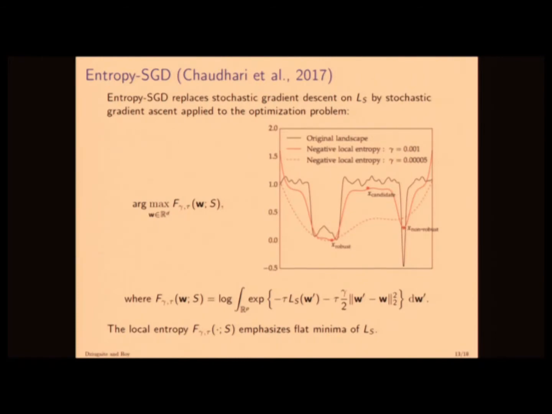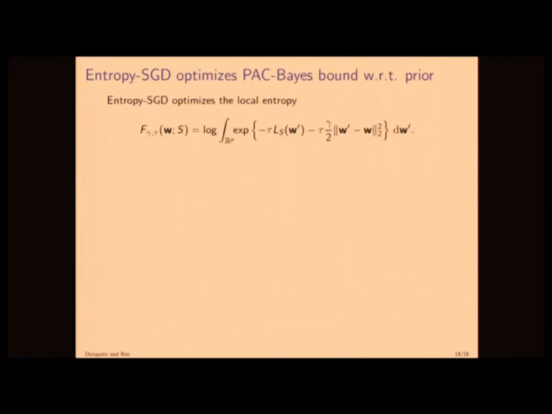So in actuality, if you run this algorithm, it will overfit random labels even faster than SGD, which is a little scary. But we sort of understand why it was overfitting so badly now. So I'll walk you through this. Studying this algorithm a little bit more, we came to the realization that it has this connection with PAC-Bayes. So here is the objective that entropy SGD is optimizing. And this might look familiar. It looks like a log partition function. Indeed, it's almost a log partition function of a Gibbs distribution for the empirical risk where you have a Gaussian prior.